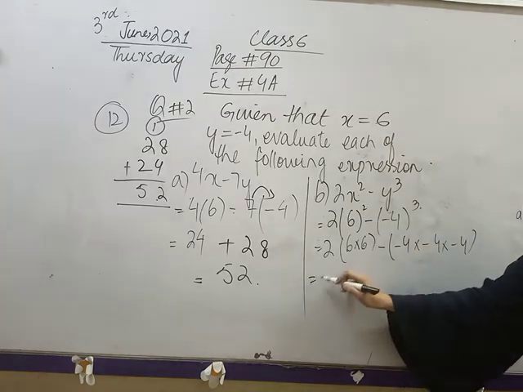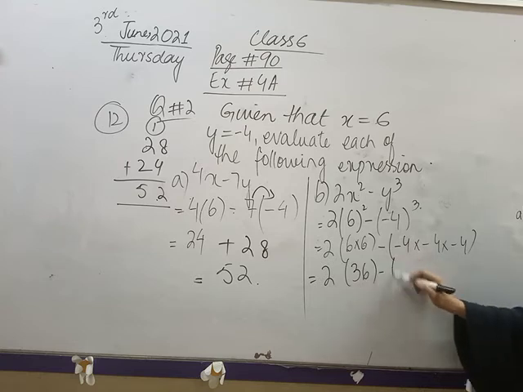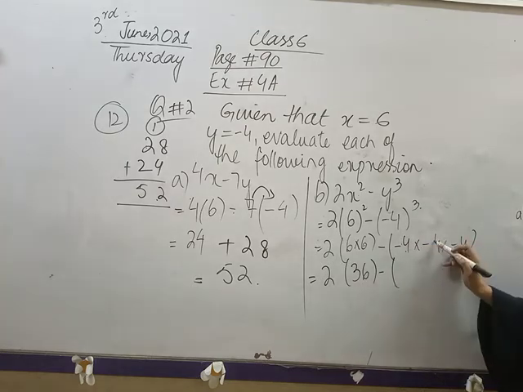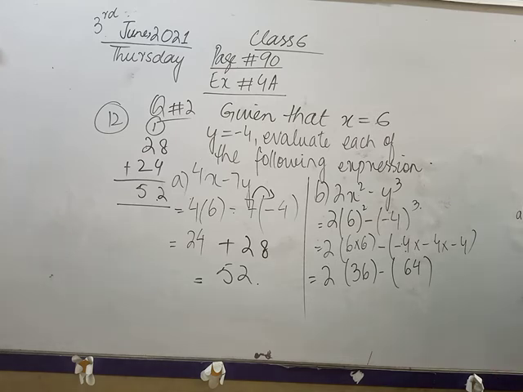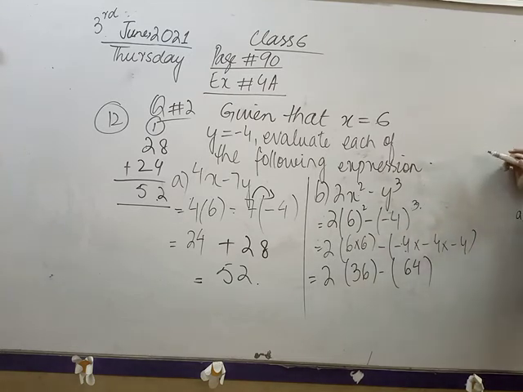Fine. Now 2 as it is, 6 into 6 is 36. Minus sign as it is, -4 into 4. Simply हम क्या करेंगे, 4 times 16 and 16 4 times is 64. Fine class. और हमने ये भी पढ़ा था, if we have negative sign and the power is odd. अगर हमारे पास ब्रैकेट में नेगेटिव साइन इन्वॉल्व होगा और पावर जो है वो odd होगी, so what would we do? हम क्या करेंगे, कौन सा साइन करेंगे लास्ट पे? Very good, on the basis of power.